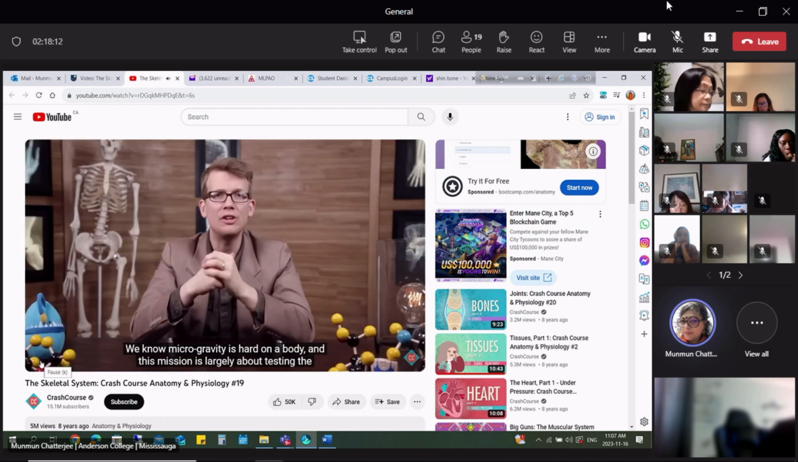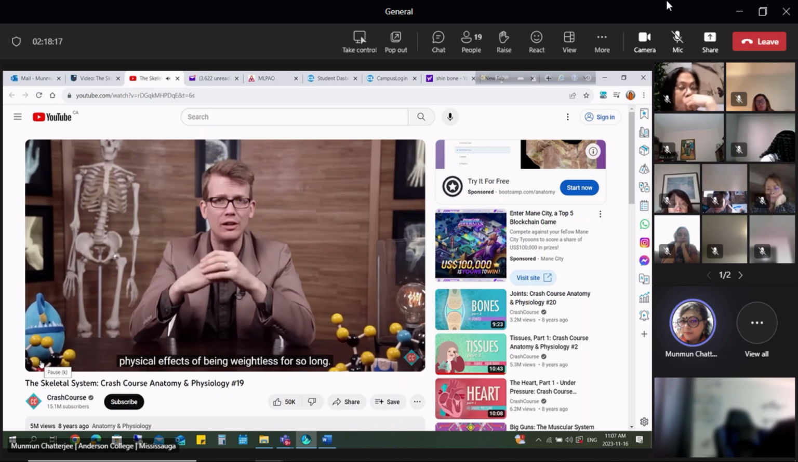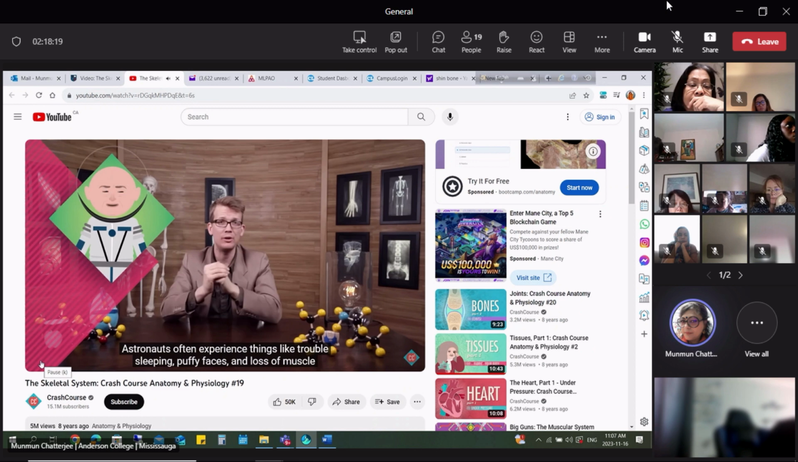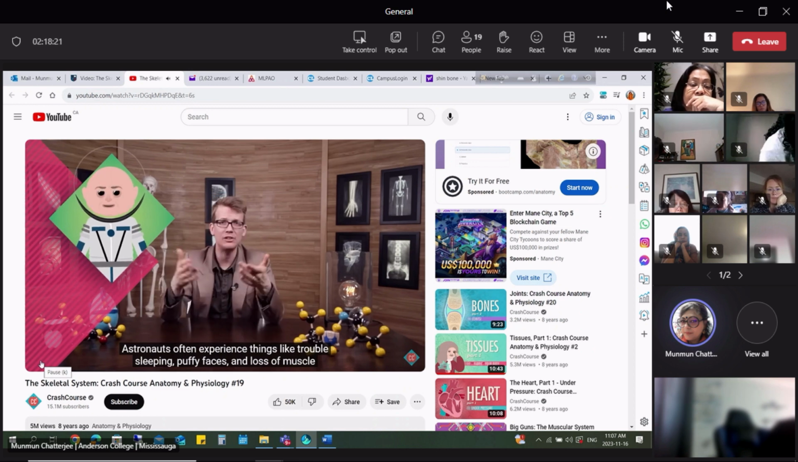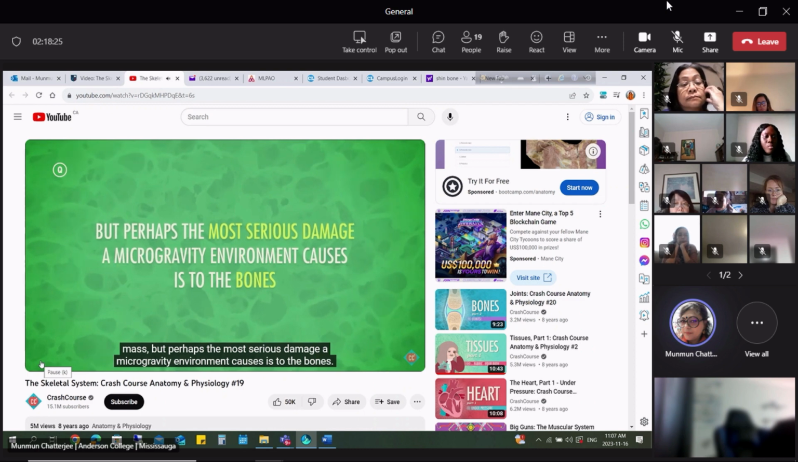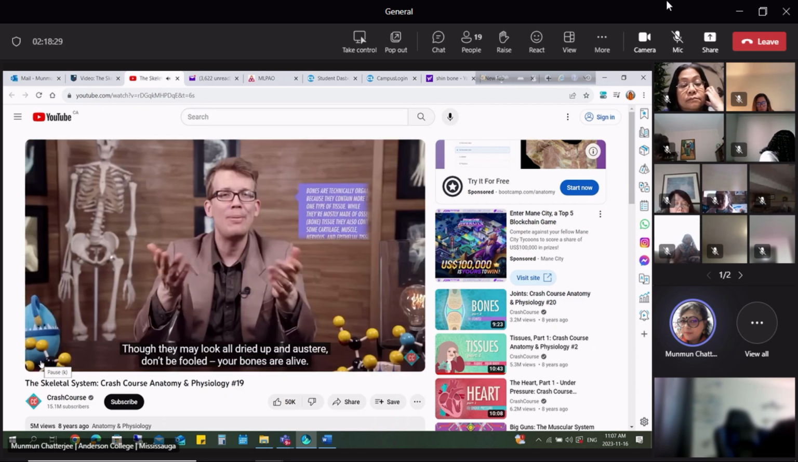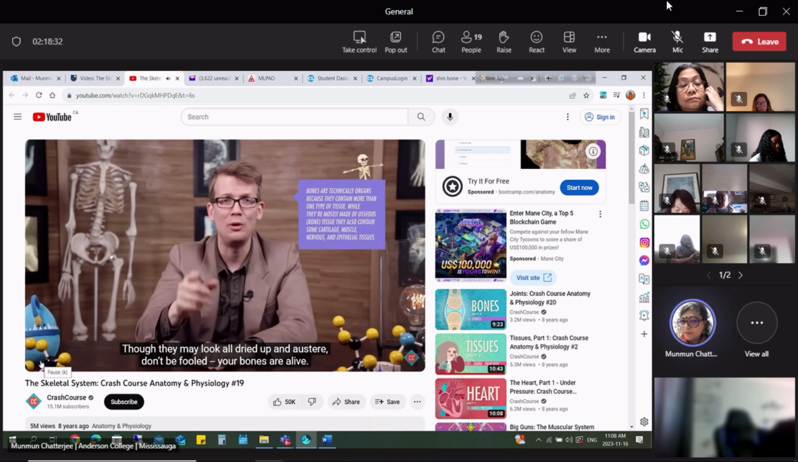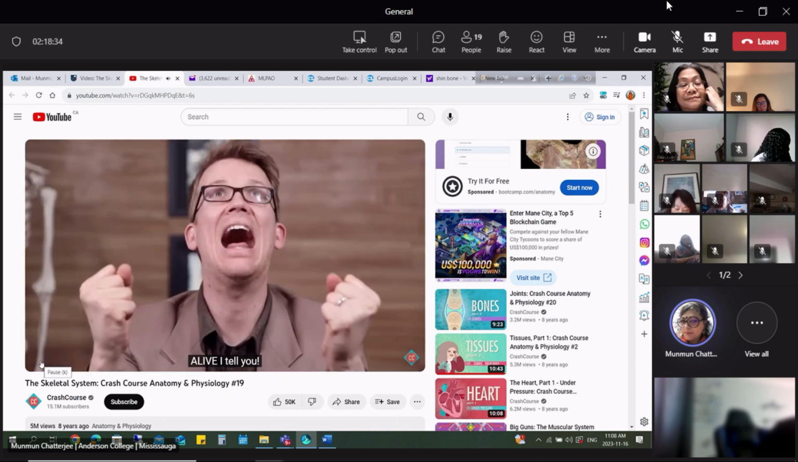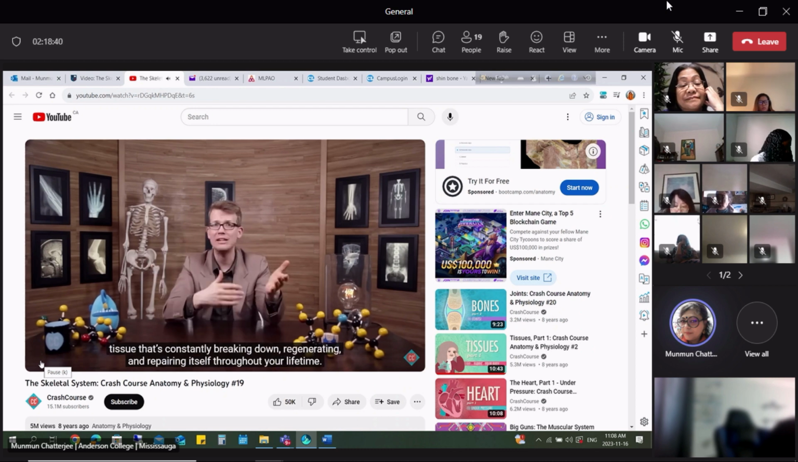We know microgravity is hard on a body, and this mission is largely about testing the physical effects of being weightless for so long. Astronauts often experience things like trouble sleeping, puffy faces, and loss of muscle mass, but perhaps the most serious damage a microgravity environment causes is to the bones. And bones, well, they're pretty clutch. They may look all dried up and austere. Don't be fooled. Your bones are alive. Alive, I tell you. They're actually as dynamic as any of your organs and are made of active connective tissue that's constantly breaking down